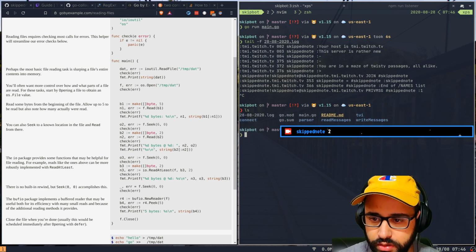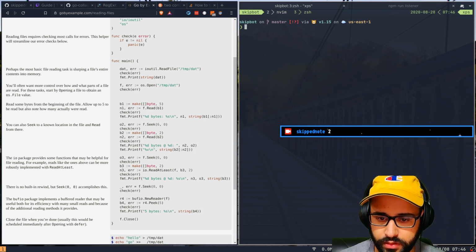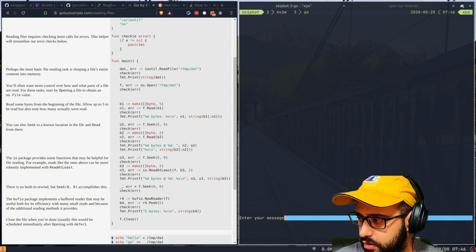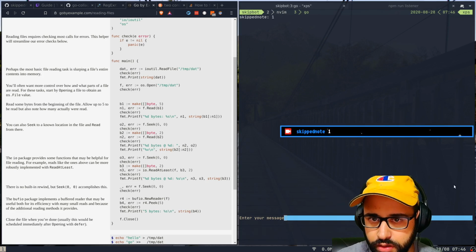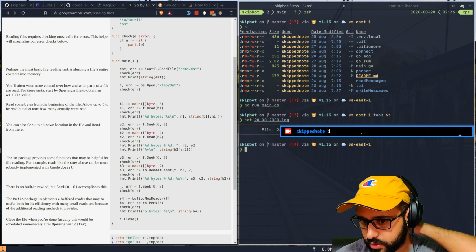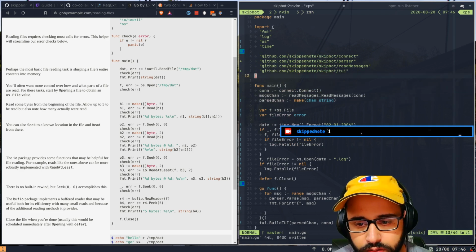That is the problem. Let's remove this file, right? Do a go run main.go again. Then because we have removed the file, let's start with 1. Log this out. Okay, now it's not writing at all. So, okay, yeah, you know the problem,